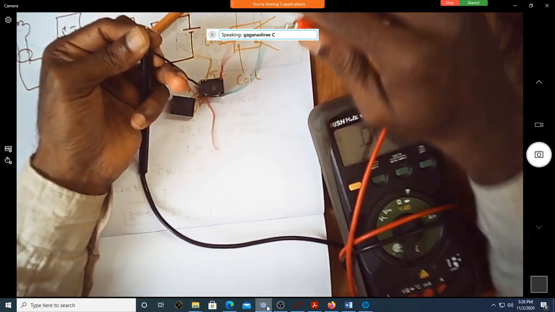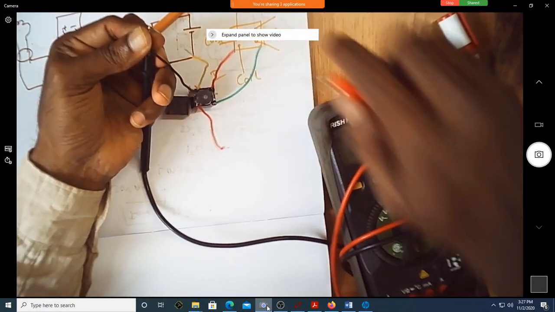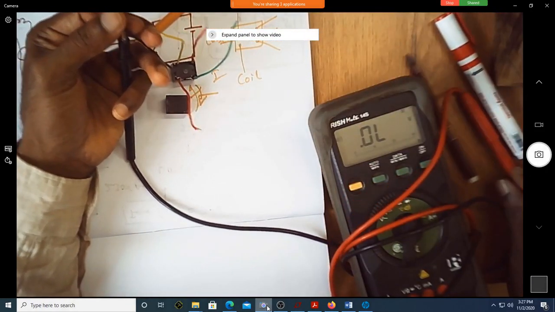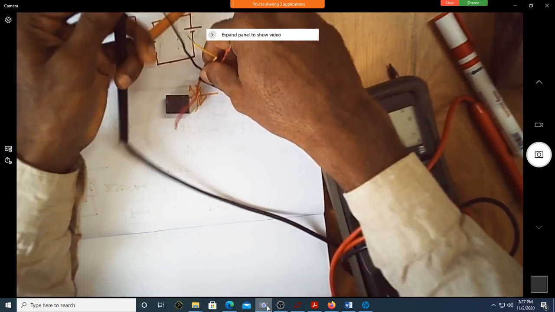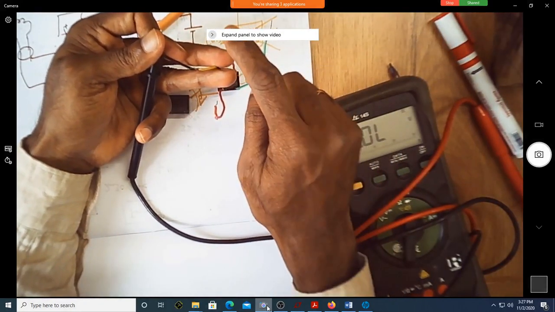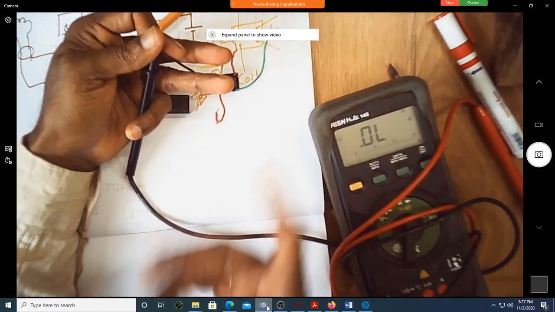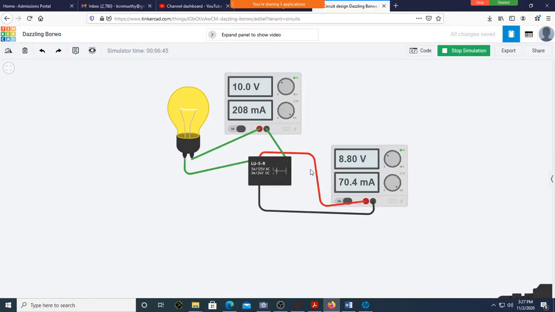Suppose I make some current flow through this, then this will give a buzzer. Let me get that 9-volt battery and make some current flow through this. The one which is open will get connected. I just want to mimic this. What is happening now? When I make this voltage 0, can you see this common is connected to NC?